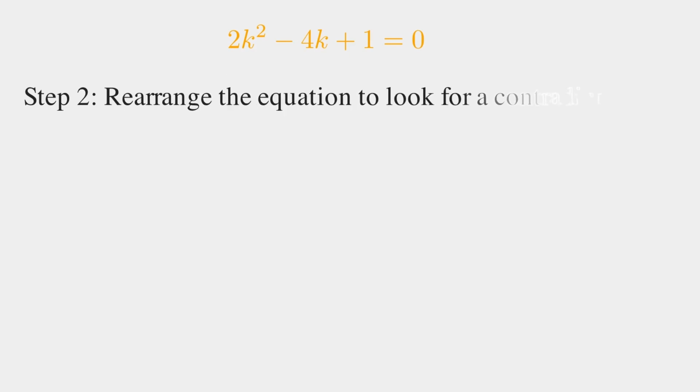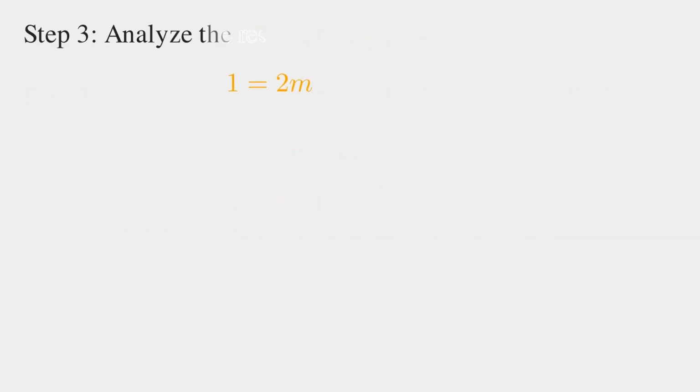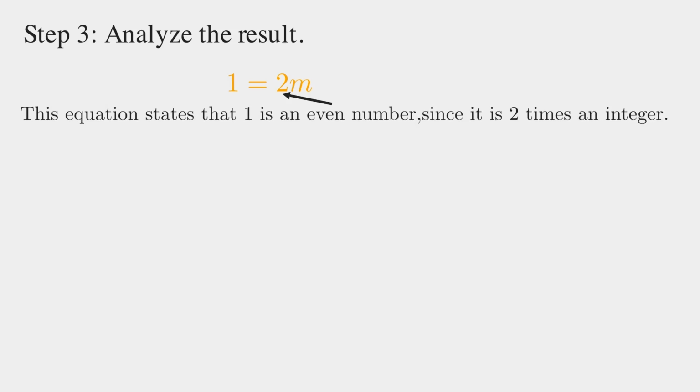Now let's rearrange this equation to isolate the constant and factor the remaining terms. Moving the k terms to the other side, we get 1 is equal to 4k minus 2k squared. Now take 2 as a common factor on the right side. You will get 1 is equal to 2 times 2k minus k squared. Now if you look at the right side, it's of the form 2 times an integer since k is an integer. This means that 1, which is an odd number, is equal to the right side, which is an even number. This is a clear contradiction to the fact that 1